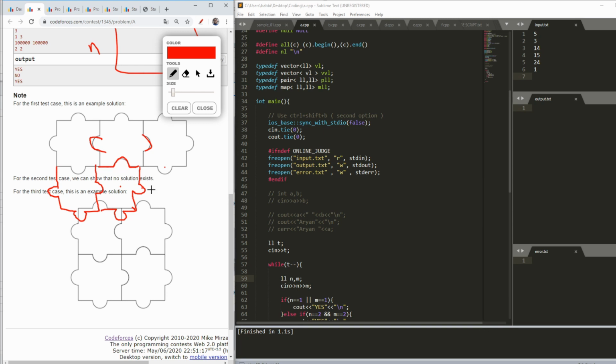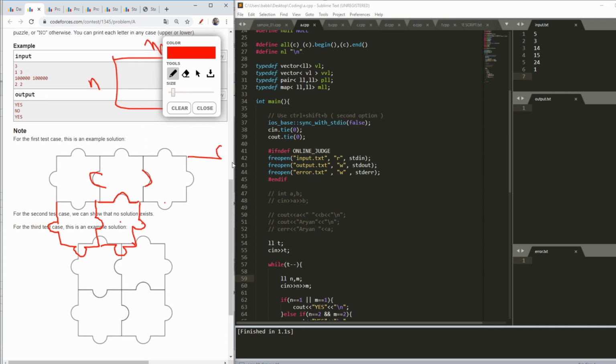But actually we saw here that in one line we can have any number, because here also I can append more like this. Yes, it is true that I can append more like this.